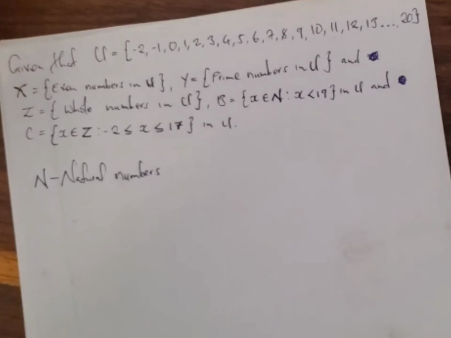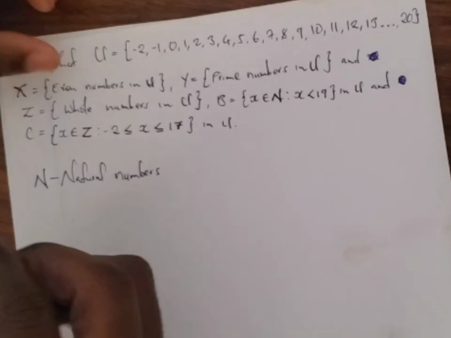So what are natural numbers? Natural numbers are just counting numbers: 1, 2, 3, and going on. And then what are